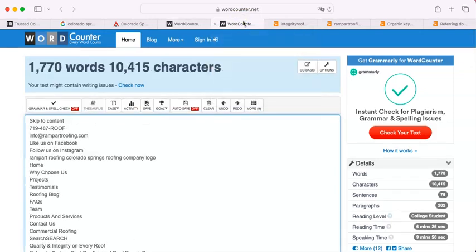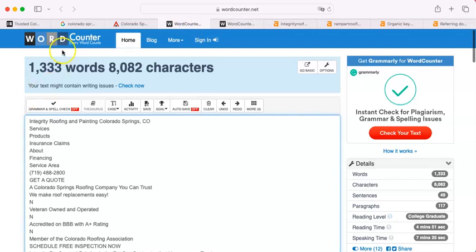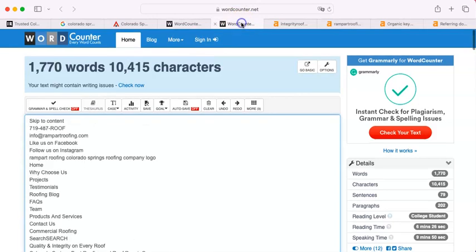1,333 or 1,770? Yeah, the algorithm is going to take this one. And the funny thing is that you're actually about 200 words below what Google wants on your homepage. So this is not going to be hard for you to get more words on here. You're already so close. You would ideally want to get more words than your biggest competitor. It would be nice to have 1,771 words, but why not beat them with a larger margin is what I say.